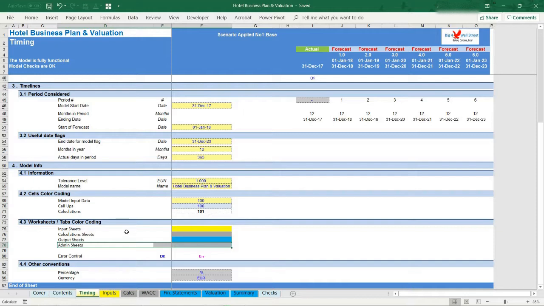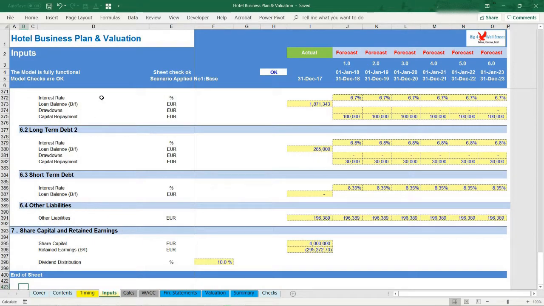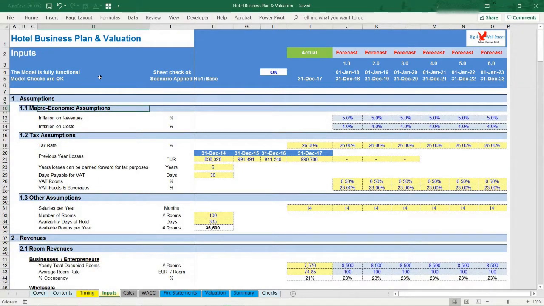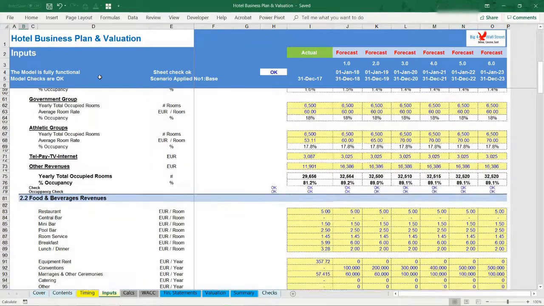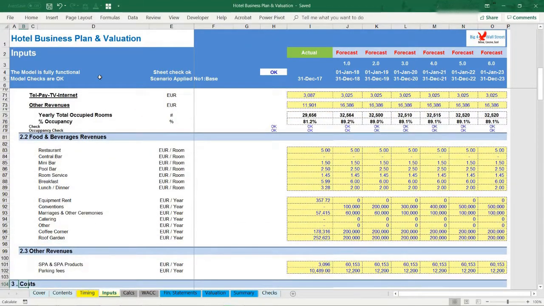Moving on to the Inputs tab, you can adjust the various assumptions of the model based on the specifications and requirements of your business. So effectively you can adjust macroeconomic assumptions, taxes, including income taxes, income tax losses, tax payable and value-added tax, room revenues, occupied rooms and room rates, food and beverage revenues, and other revenues, as well as